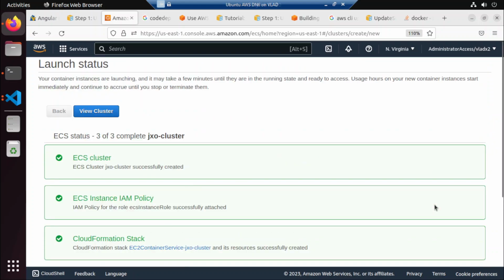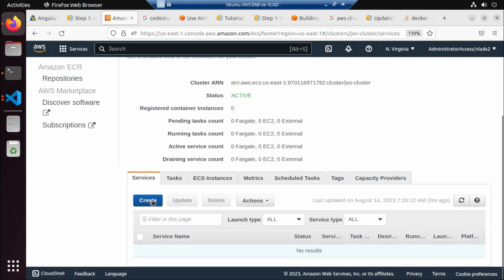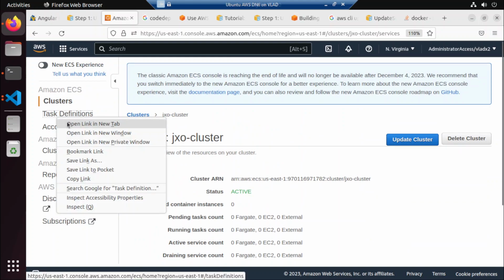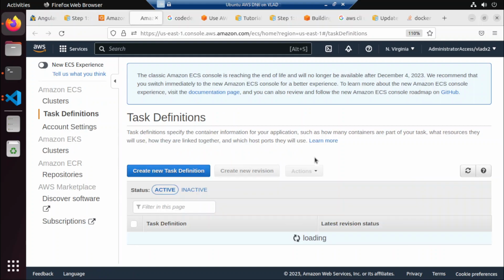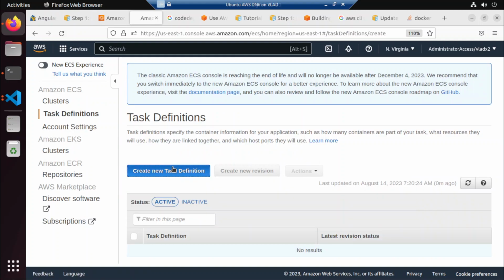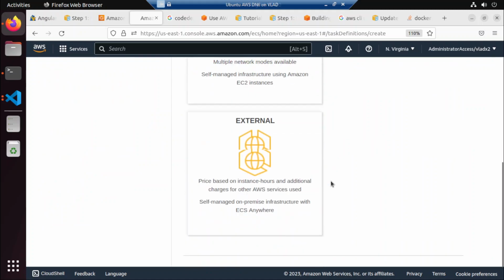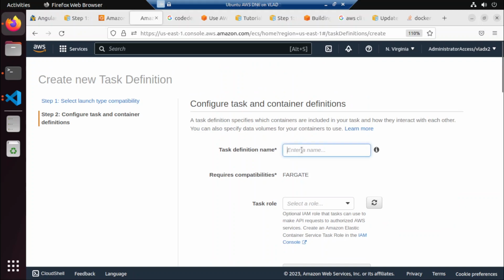After this, is it done? Yeah, go to view cluster. So now we want to create a service, but before we create a service, we will create a task definition. Okay, create a task definition. Fargate, yeah, we'll just select Fargate. And then the task definition name is JXO task